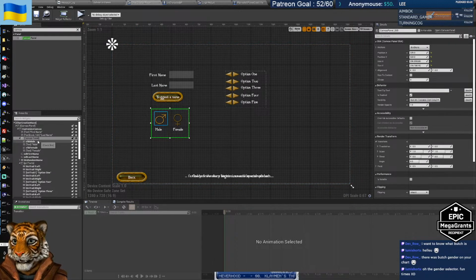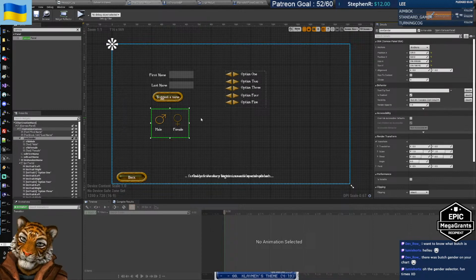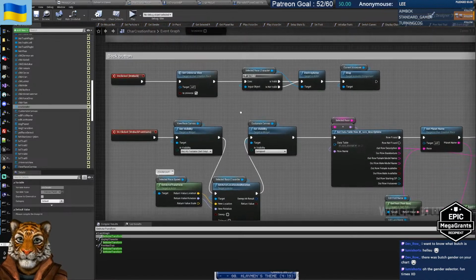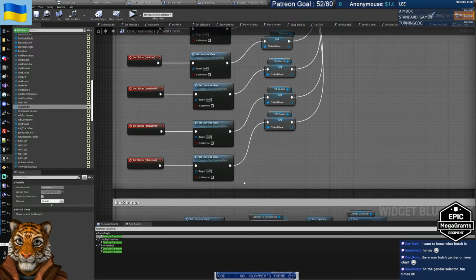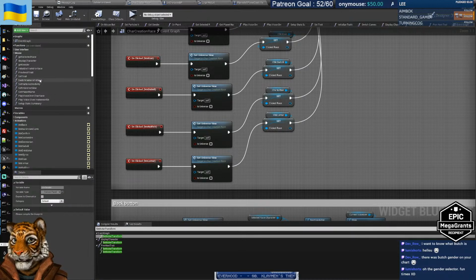Okay. So this one now becomes a variable. It will be called canvas gender, CNV gender. It will become a variable. And basically, when we select the race, GG, when we select the race,